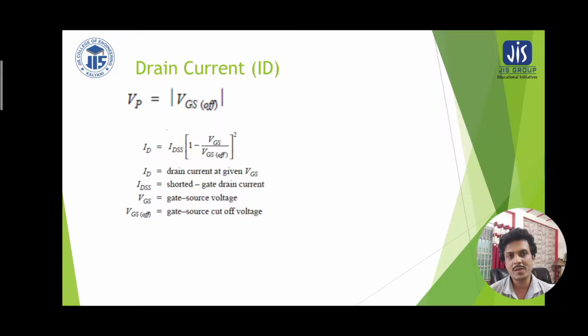If we apply to the gate terminal a reverse bias voltage with respect to source by the amount of pinch off voltage or gate to source off voltage, the width of the depletion region is such that the charge carriers will not be able to penetrate that region to move from source to drain. So we can say under the VGS(off) condition, the field effect transistor reaches the cutoff region. Therefore, in cutoff, the drain current is absolutely zero.